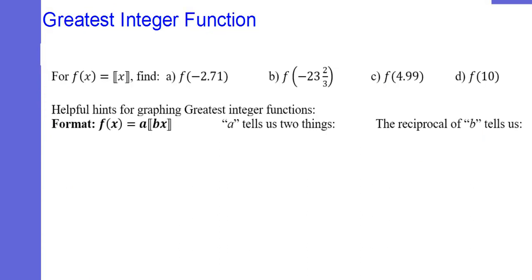Let's define what the greatest integer function is. So it says this: f of x is equal to, and you have this double bracket thing right here that says the greatest integer of x. So there's the notation. Learn it, recognize it. Now let's figure out what it means. So you have this function of the greatest integer of x,